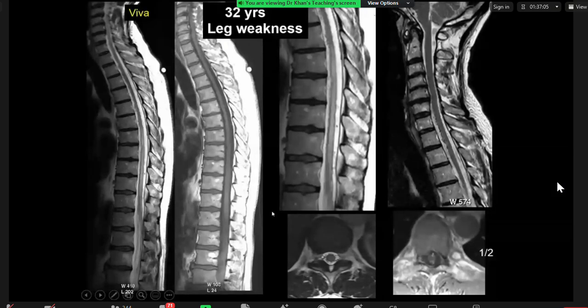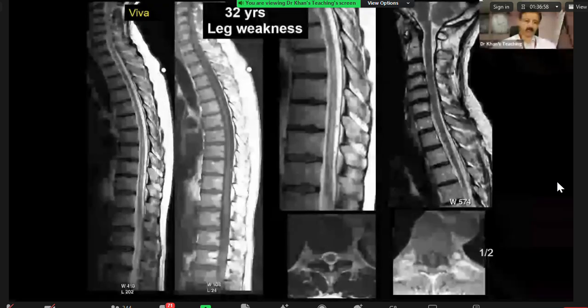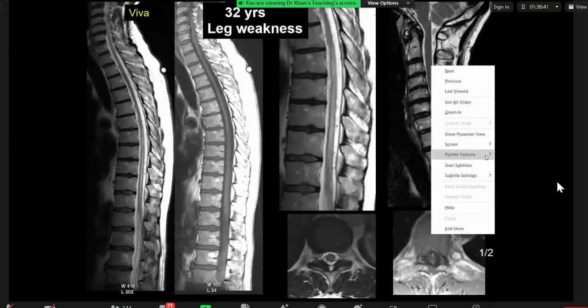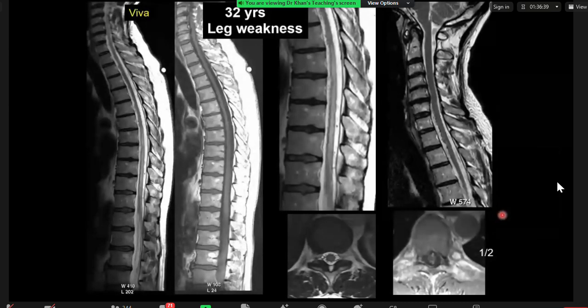So on this T2 weighted sequence, there's significant myelopathy. Sorry, let me explain to you, because the sequences are not ideal. This is a T2, this is a T1, this is a close-up T2, again T2, this one is T2, this one is post-contrast T1, this one. Over to you. Okay, so on the sagittal T2 weighted sequences, there's high signal within the cord itself, and the